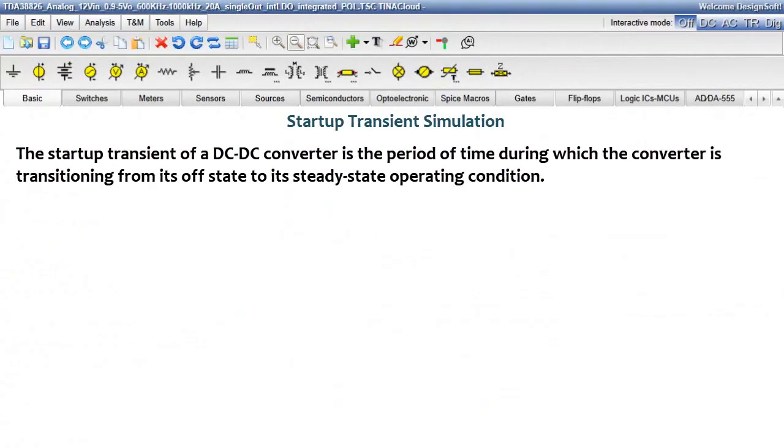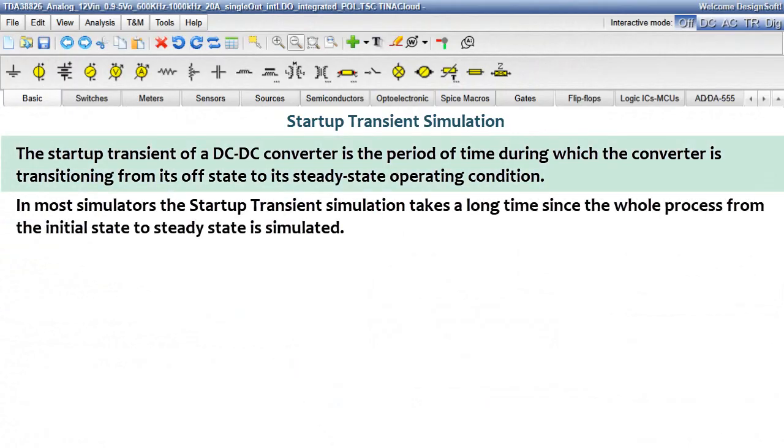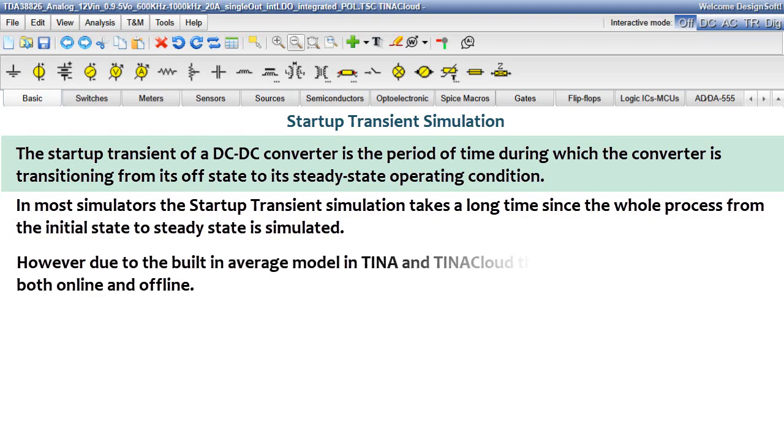Startup Transient Simulation. The startup transient of a DC-DC converter is the period of time during which the converter is transitioning from its off state to its steady-state operating condition. In most simulators, the startup transient simulation takes a long time, since the whole process from the initial state to steady state is simulated. However, due to the built-in average model in TINA and TINACloud, the simulation takes only seconds